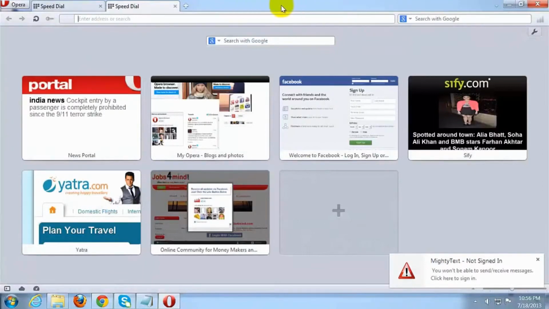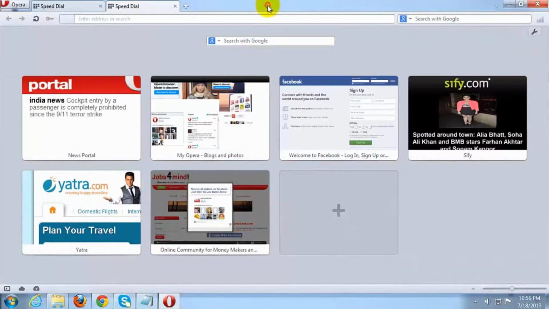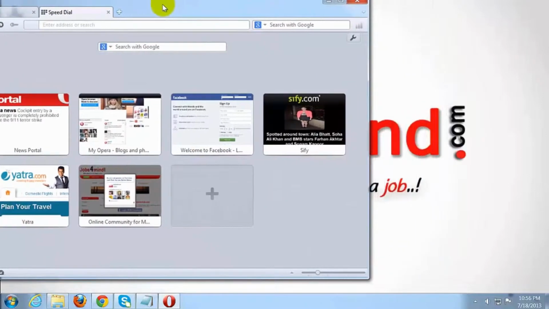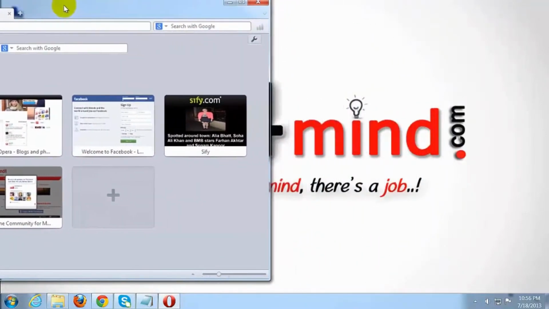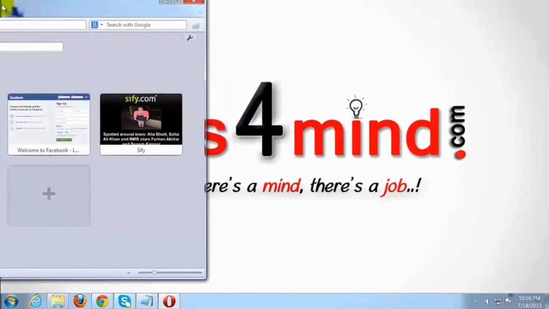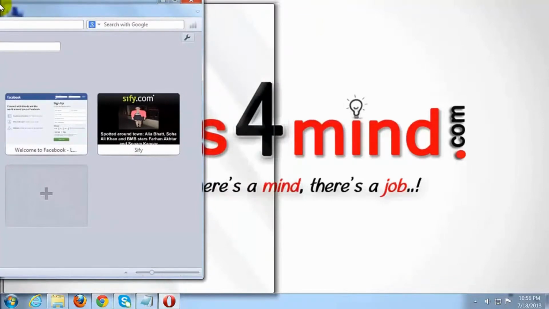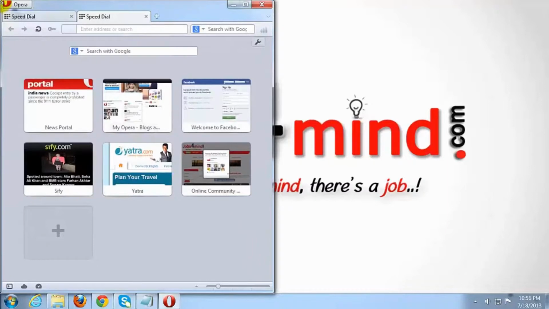Click the title bar of one of the windows. Hold down your left mouse button and drag the window to the left side of the screen. When the window reaches that location, you will see a rectangular outline. Release the mouse button. Windows 7 causes the window to fit inside the outline.